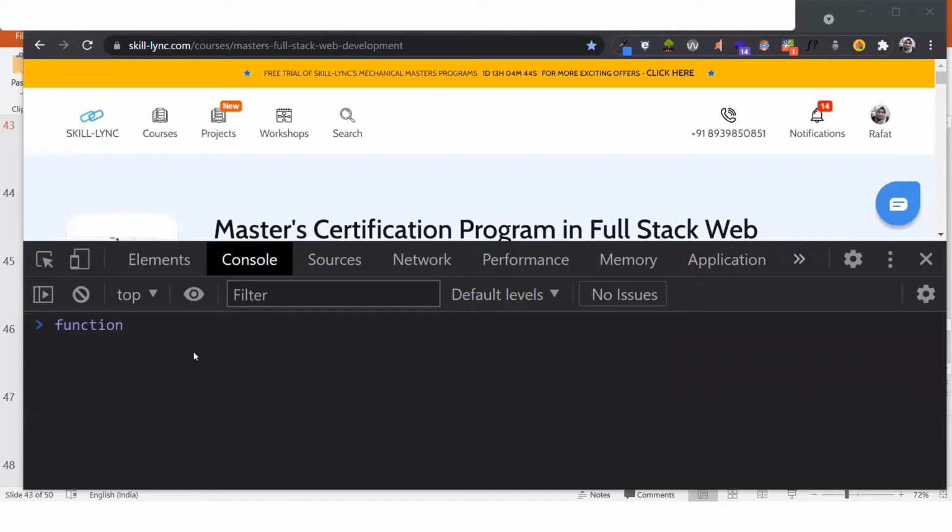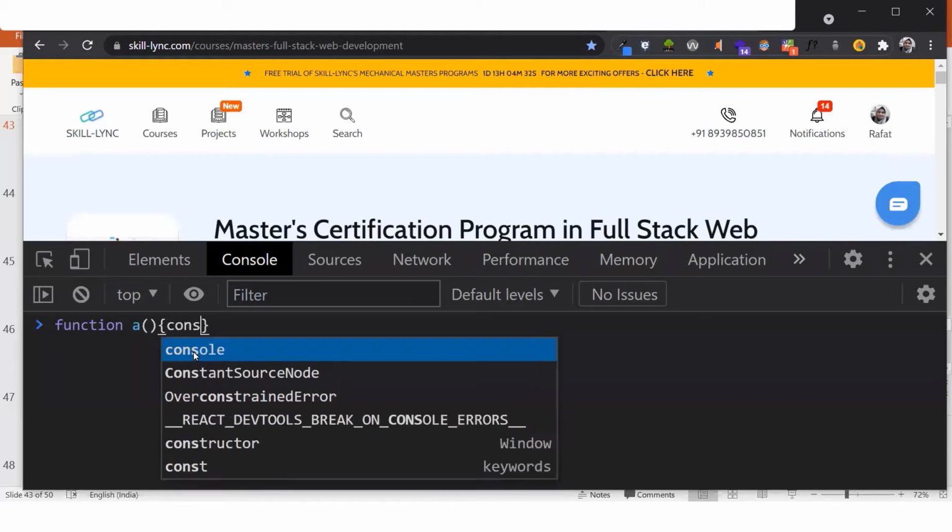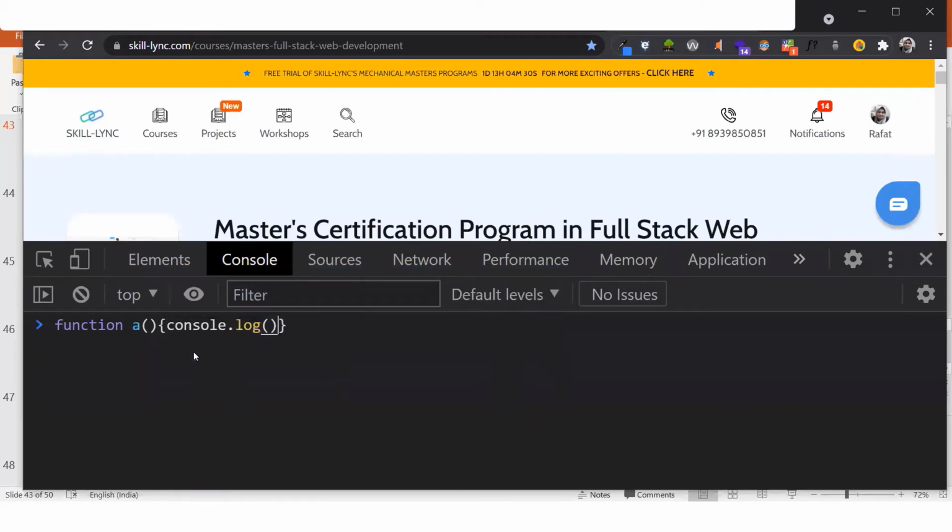So I'll try to create a new function over here. How would you create a function to be able to call that again and again? Let's say I create a function called a, in which I'm just logging hi. This is how you would create a function: write function, then the name of the function, then two round brackets, then start a curly bracket, and then do something within the function. And how would I call that? I would simply call that by the name of the function, and then those two round brackets. This is now consoling hi, and you can do whatever you want within this function.